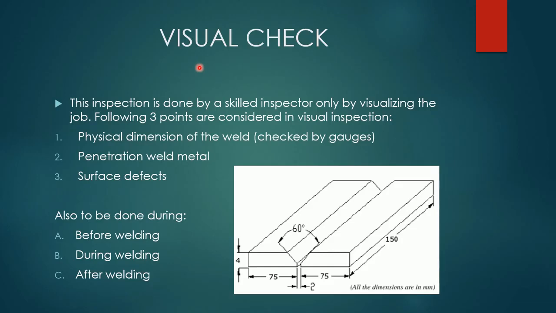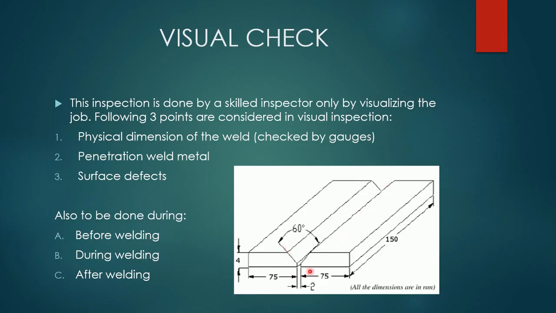Visual check is nothing but the inspection done by a skilled worker by his naked eyes. So basic 3 points are considered over there. First is physical dimension of the weld, right? Second one is penetration weld metal, and third is surface defects. So physical dimensions of the weld is nothing but, let's say the setup of this welding butt joint is over here. So the physical dimension of the weld means the length of this object, the length of this particular V